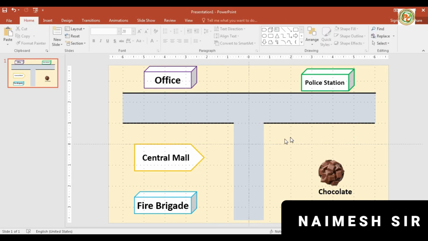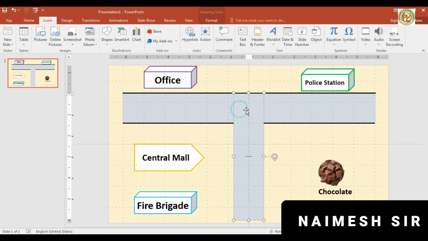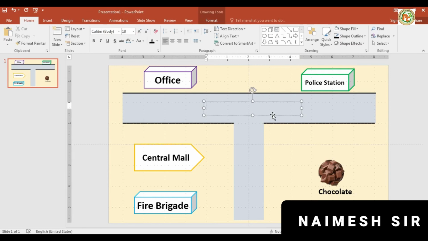Now after that we have to type something inside that, so we'll keep the text box and click here, select it and draw the text box here. Okay, and type here something like Sri Raj Road. Okay, then like this we want to put it.